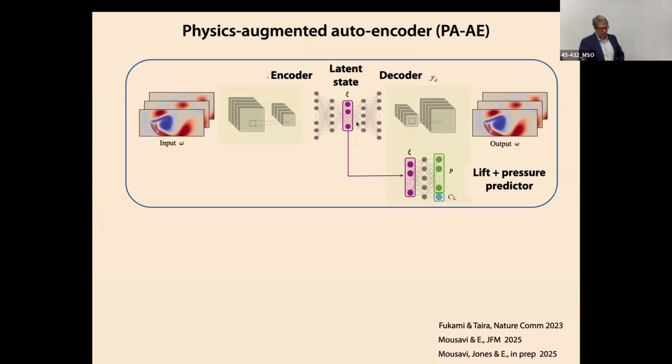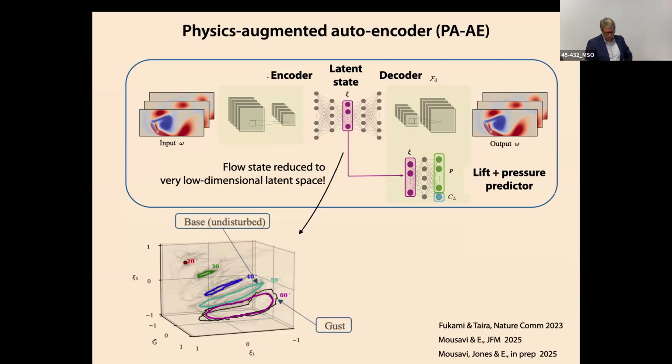They called it a lift-augmented autoencoder. What we've done is added onto that producing pressure. So we're now predicting pressure and lift from that latent state. That does the same thing. It organizes the latent space, but it does something very useful for us because that's our observation operator right there. So we're going to use this latent space, and we're going to do all of our assimilation, all of our data, our flow estimation in the latent space because it's nice and low dimensional. And then all the things I need to do filtering, an observation operator and a forecast operator, are going to be learned operators as well.